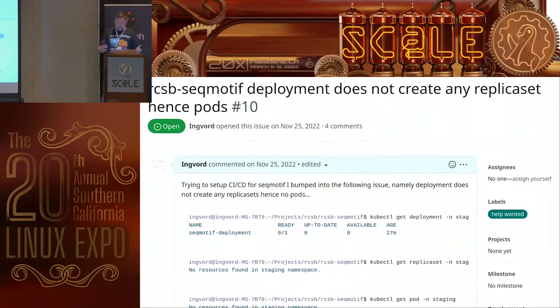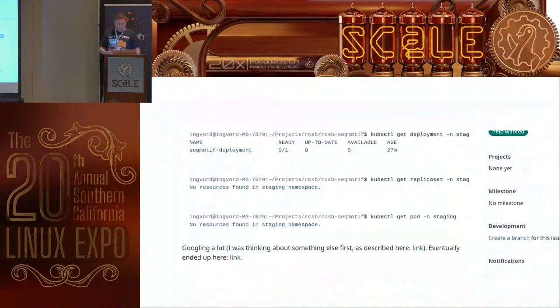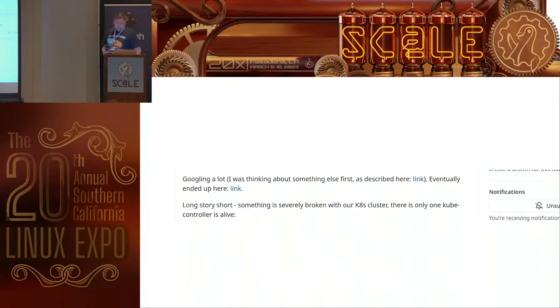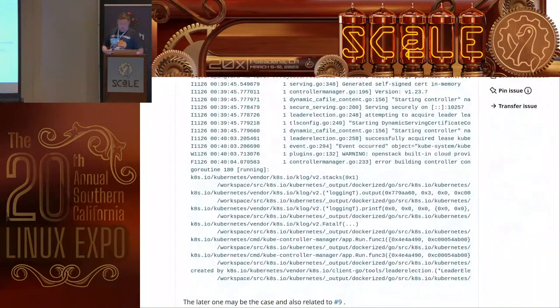Even though Kubernetes was kind of alive, after Googling for a couple of hours I ended up with a couple of links. Basically, the idea is that deployments do not create deployment pods, but instead deployments create replica sets, and then the replica sets controller is responsible for creating the pods. And in our case,